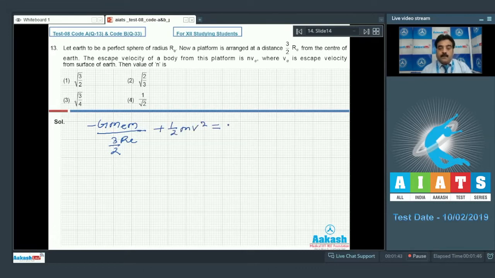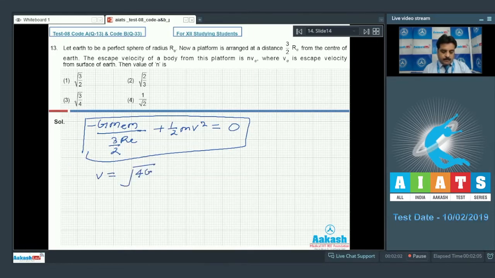But on the final kinetic energy and final potential energy, in the case of escape velocity, infinite position means there is no potential energy and no kinetic energy. We'll write 0. So when you calculate this expression, you will get the value of V, and that will be 4 times GM_E, mass of Earth, divided by 3R_E. And if I write like that, root of 2/3 and